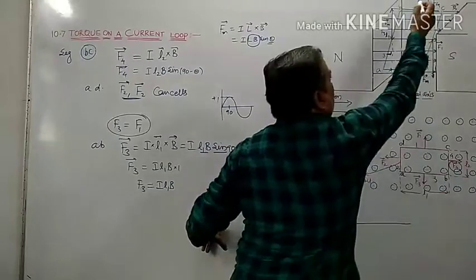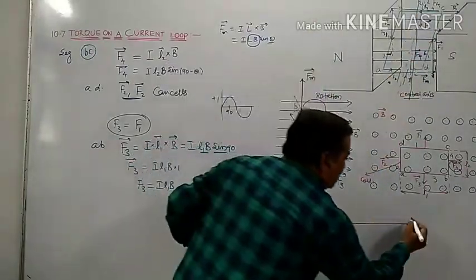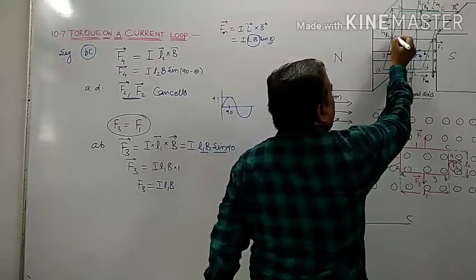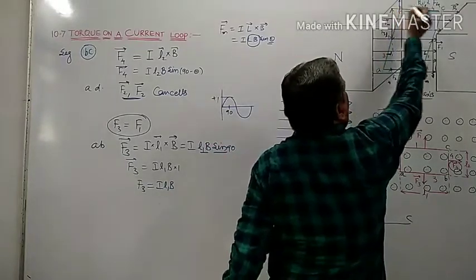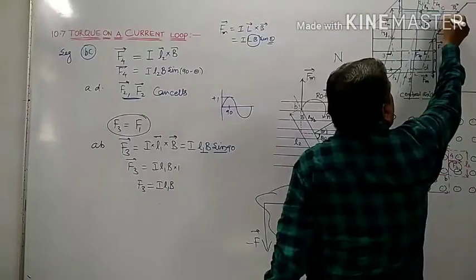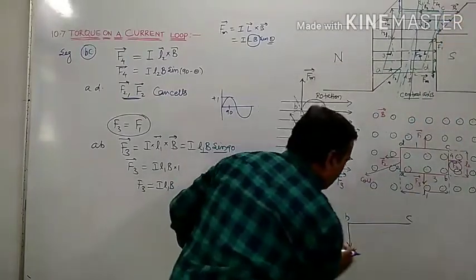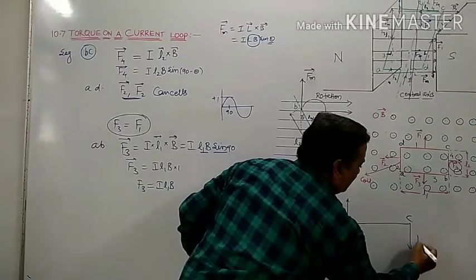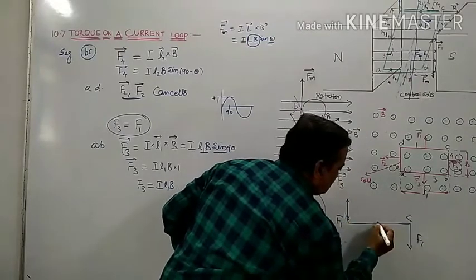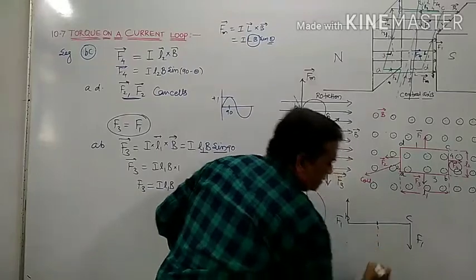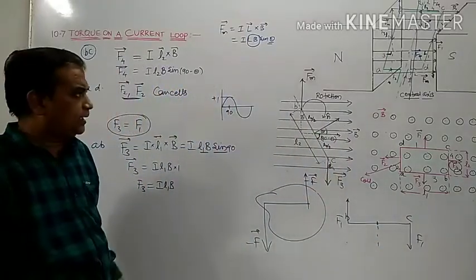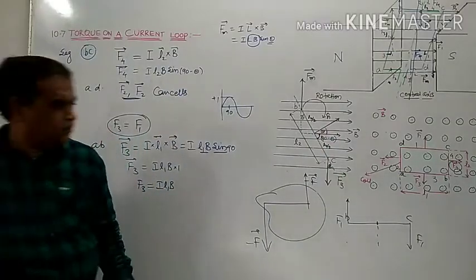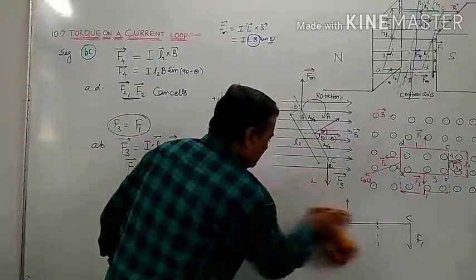Means, if I look at the coil from the top, then here at B, C, everywhere this force is acting what? Upward. And here the force is acting in the downward direction. So at point B, force F3, and here is F1, and here is that central axis line. So look at this figure, the same situation is shown with greater clarity.